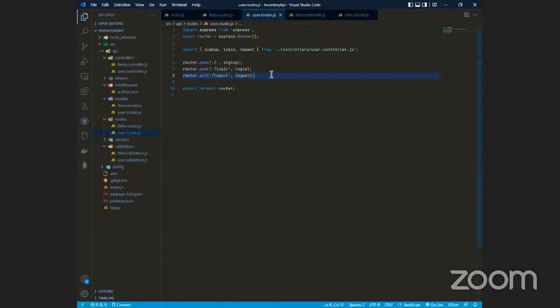So for example, you want to see a user dashboard. So you want to get all the information that is available concerning the user. You can do that using the signed in information. You want to maybe change a user password. So first of all, you need to get the user using the ID. So all of that are things that you can then add as maybe a new set of routes with